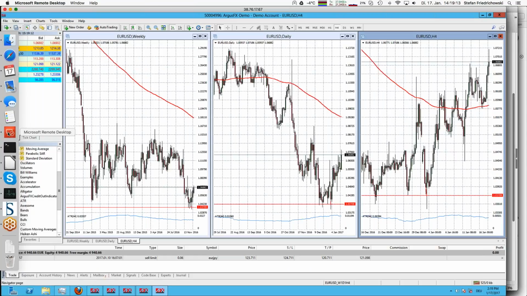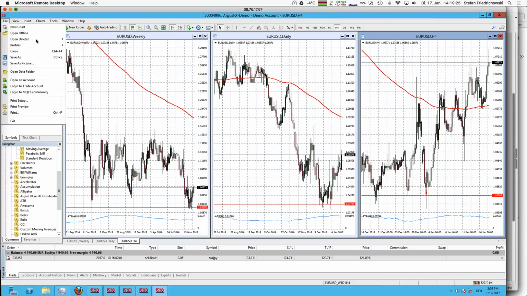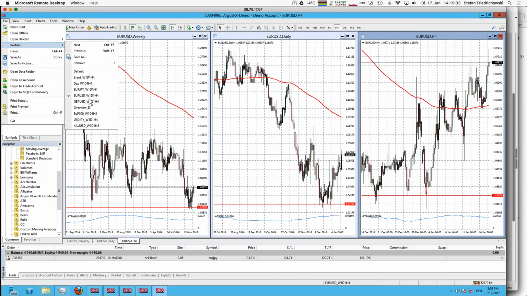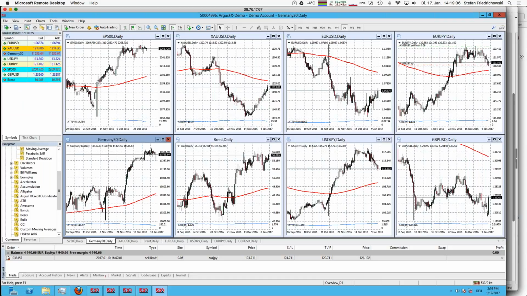So let's go here. Since we already have one underlying open, that is Euro US dollar, now let's start really with the overview and then go straight through everything we have. So I go to the profile overview, and that is my starting point for today. And let me try to go through every one of those 8 underlyings during the rest of the webinar. So let's start with S&P 500. And we have a profile for that already.